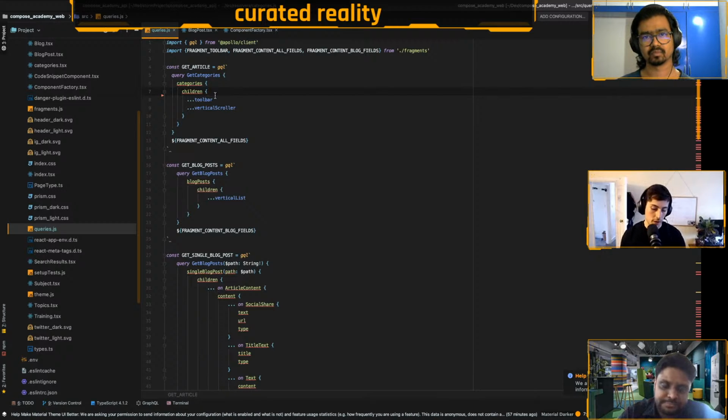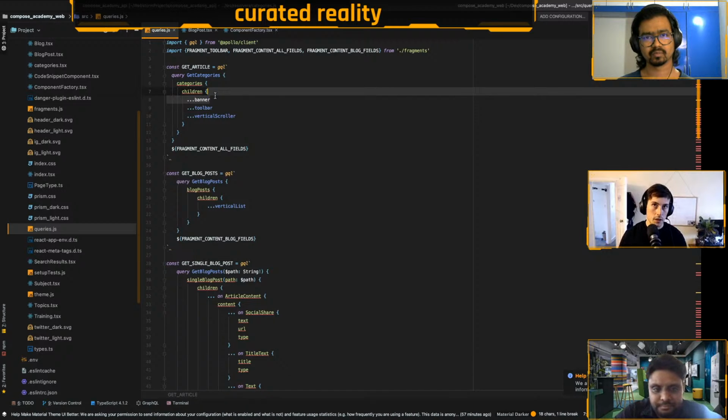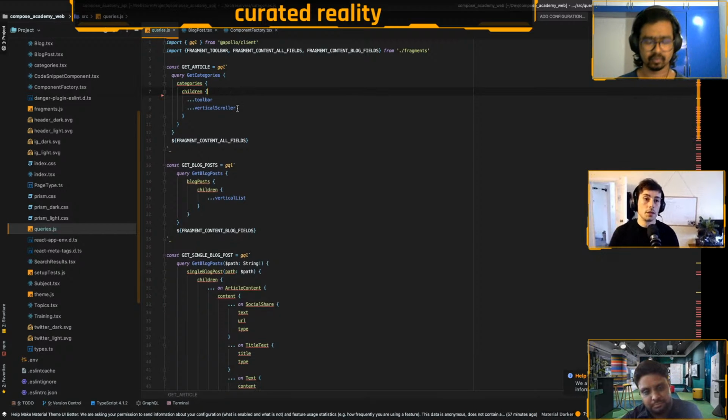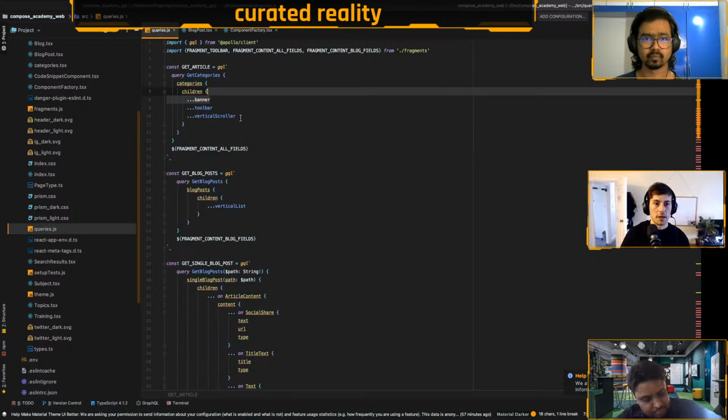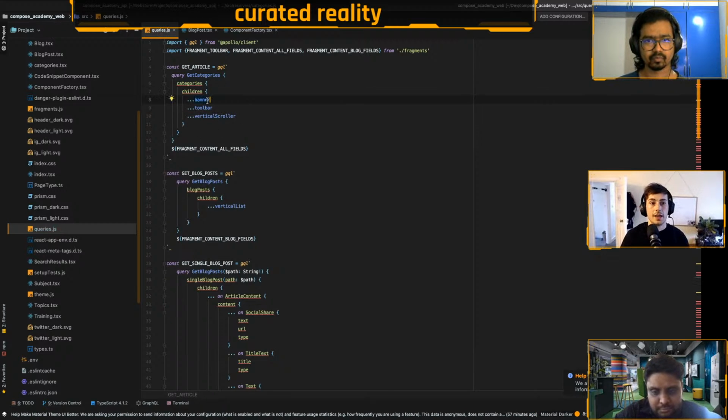So the client still has control over what it gets back. The API is just not always going to return everything, so we can still customize it on a client level, which is cool.